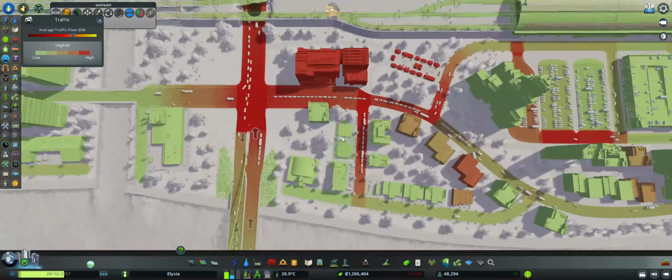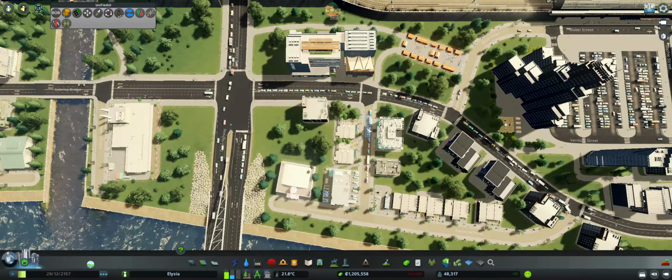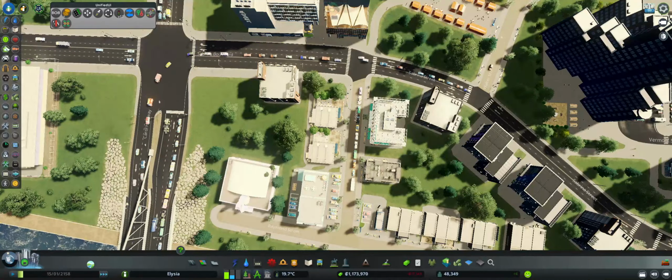66%. This one is a little busy now. What's going on over here? You don't have enough time to get out. Maybe what we need to do over here is add a second one to the left. Gives people a little bit more road to utilize. Excellent. So,